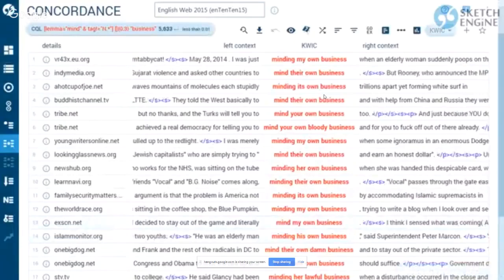To generate a list of all possible variations of the phrase,